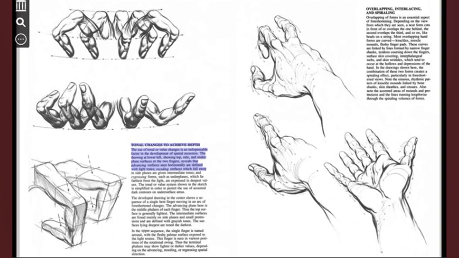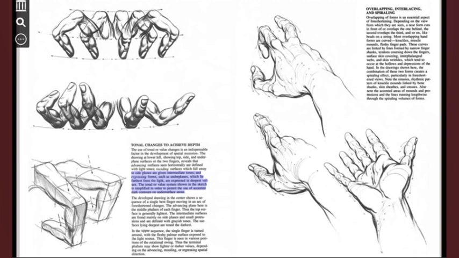Tonal changes to achieve depth. The use of tonal or value changes is an indispensable factor in the development of spatial recession. The drawing at lower left, showing top, side, and underplane surfaces of the two fingers, reveals that advancing surfaces seen horizontally are defined with light tones, receding surfaces which fall away to side planes are given intermediate tones, and regressing forms, such as underplanes, which lie farthest from the light, are expressed in deepest values. The tonal or value system shown in the sketch is simplified in order to permit the use of accented dark